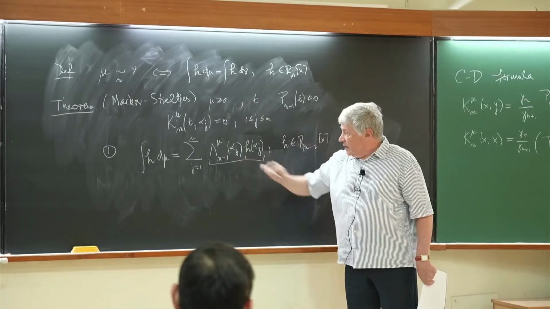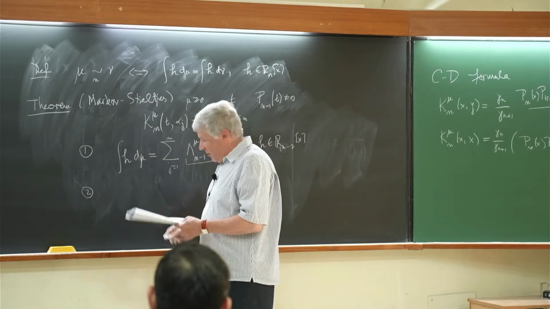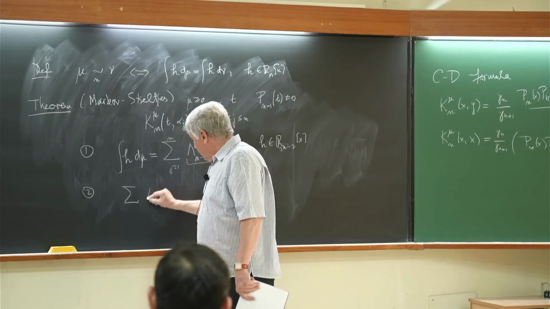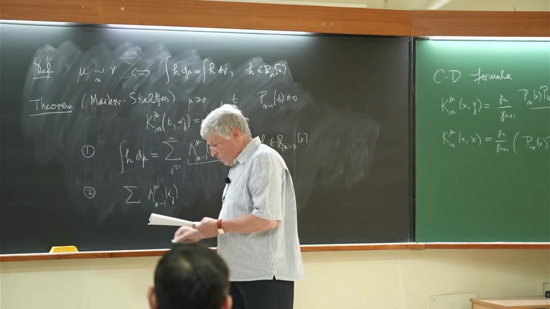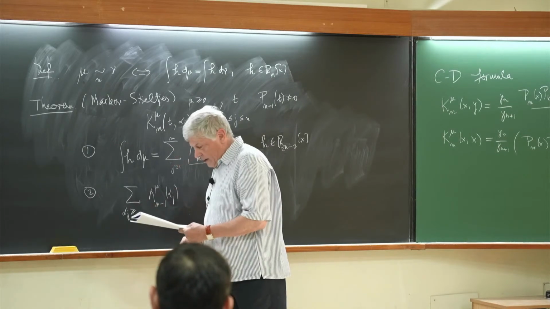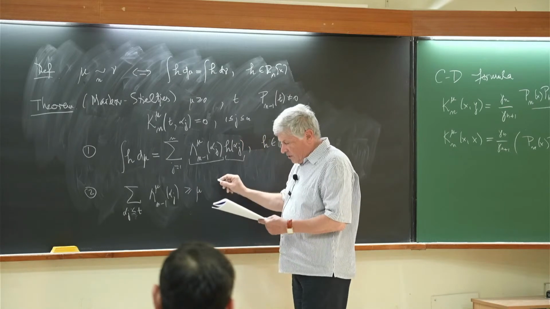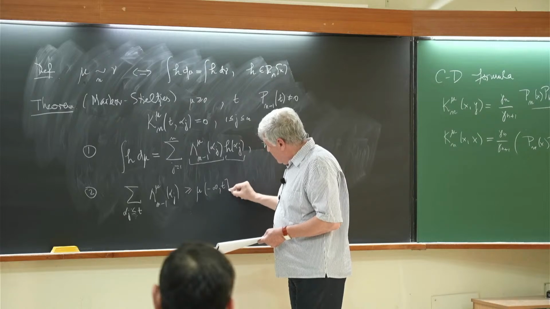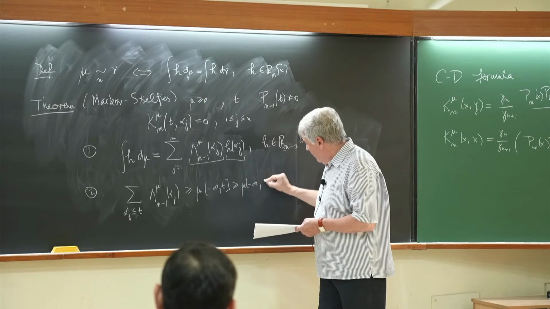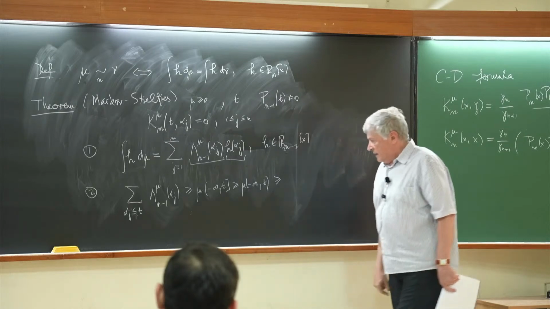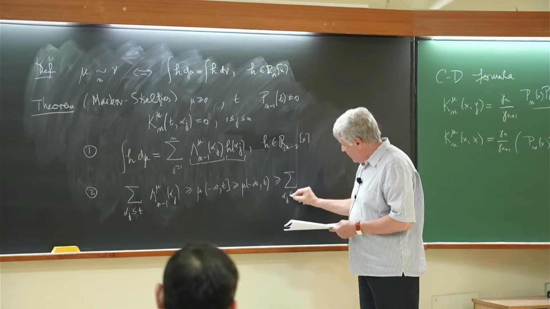to find the coefficient in this expression. And second, which is the contribution of Stieltjes, is the following: if we take the values of these weights for alpha j less or equal than t, this is bigger or equal than the distribution function of the measure on the closed interval, and here we have the open interval, and is bounded from below by the contribution of the coefficients less than t.